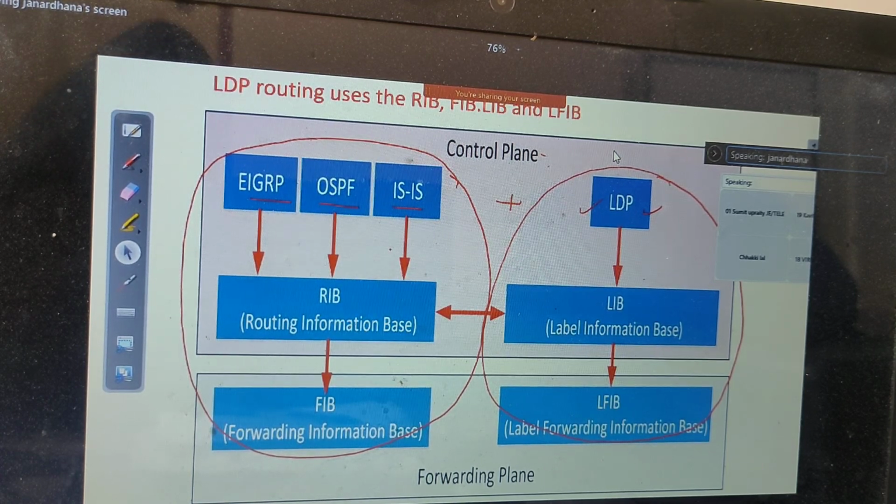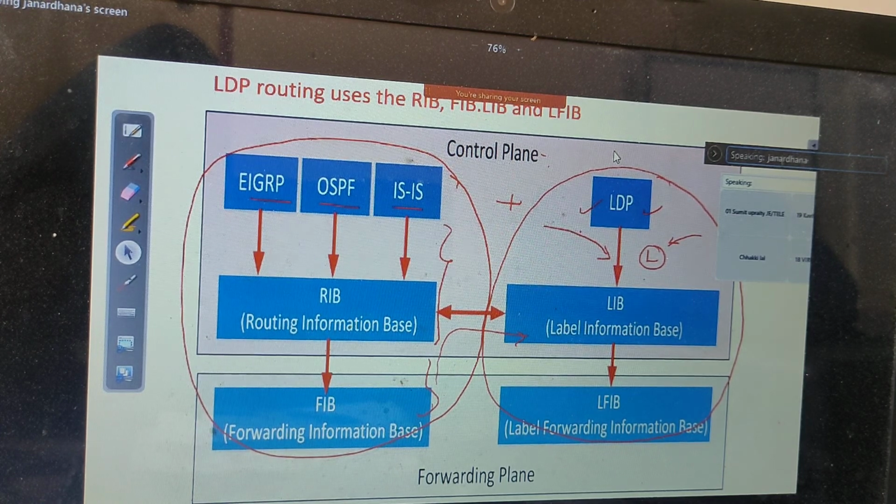Once you take the normal router, you know how normal routing works. Similarly, it will work in the same way. The same information will be sent again for the label information. Local labels will be created here, and the labels coming from the other adjacencies will also be received here. I already told you, once you enable the LDP protocol, the labels are generated locally, and the labels generated by the peer nodes, meaning neighbor nodes, are also received from all the routers. That information will be maintained in the label information base.